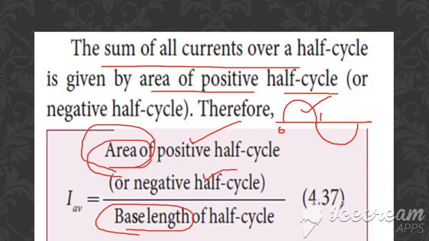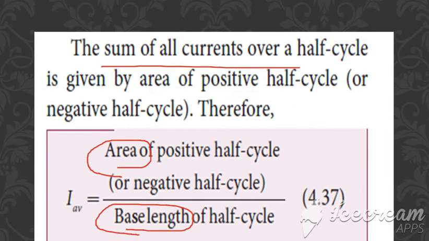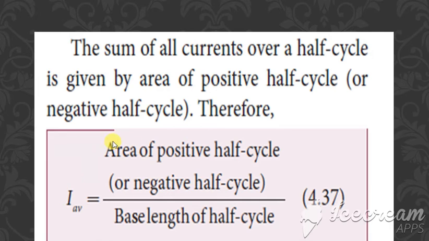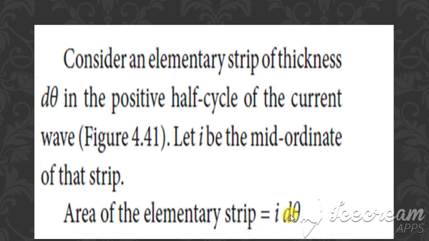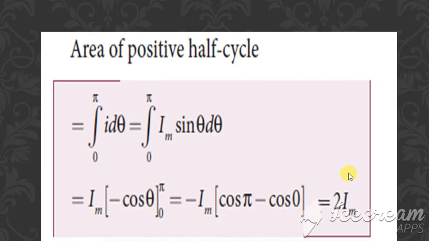Right, we know the base length is pi, and once we find the area, we can substitute it here to find I average. For finding the area, let us consider a small area in this, which is d theta. We consider d theta. The current here we take as I. So we are writing this as I into d theta. Okay, this is the area. And so the area of the positive half cycle we write as the integration of I into d theta,